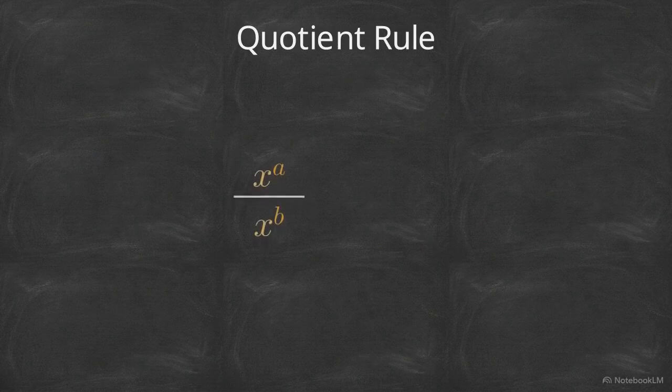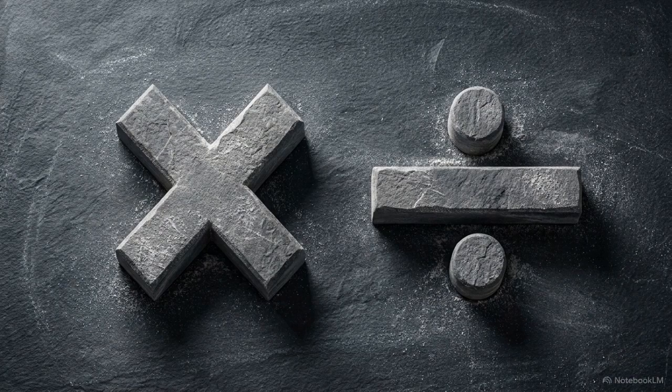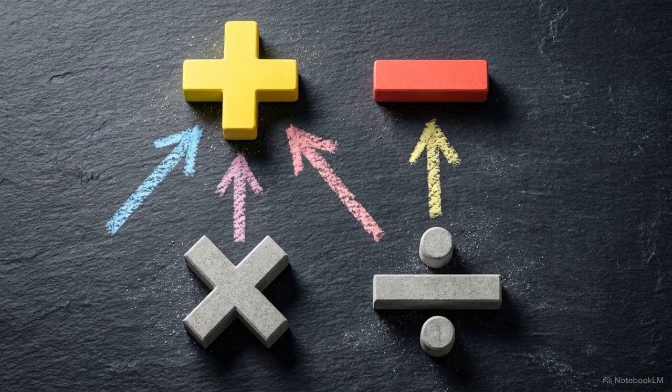Division works exactly the opposite way. This is the quotient rule. When you divide matching bases, you subtract the bottom exponent from the top one. So y to the 5th divided by y squared leaves you with y cubed. The underlying logic here is straightforward. When you multiply or divide matching bases, the math happening in the exponents shifts up one level into basic addition